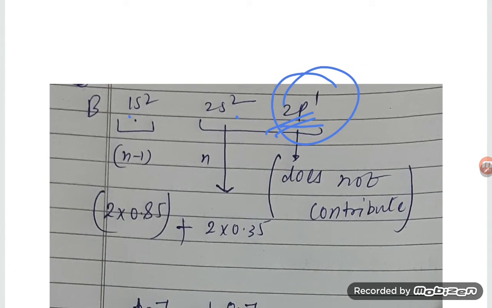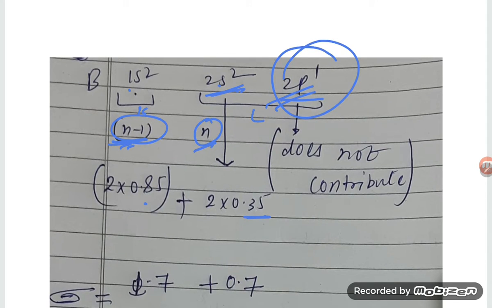So these two are having the screening. Suppose this is the K orbit and this is the L orbit, which means this is the n orbit and this is n minus 1. This is the outer orbit, and this is just inside the outer, the penultimate orbit. So that is what is known as, student, for this electron. For a 2s electron, how much is there? It is 0.35. And for an n minus 1 electron, how much? 0.85.